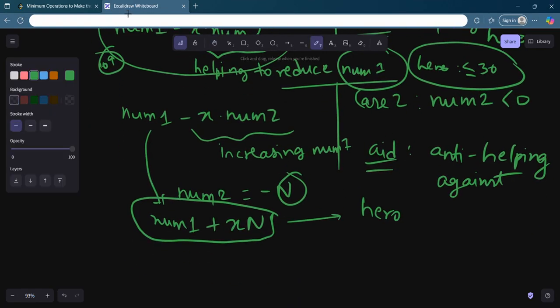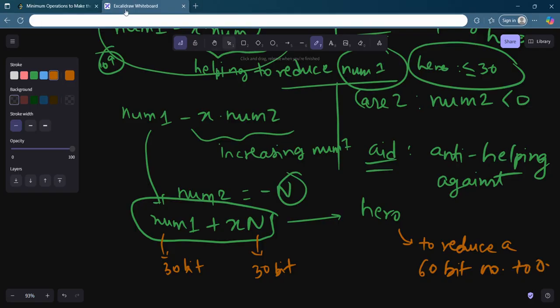But you see, here it is not helping, it is anti-aiding. So this is a 30-bit number, and this can also go till 30 bits, because num2 is also 10 to the 9. So the hero's job is now to reduce a 60-bit number